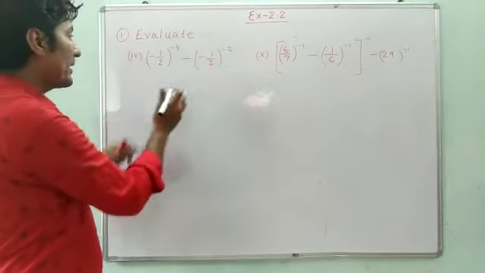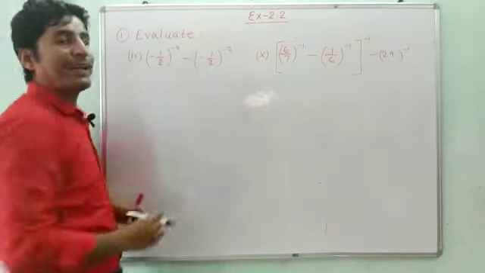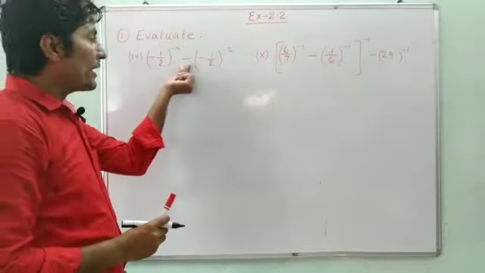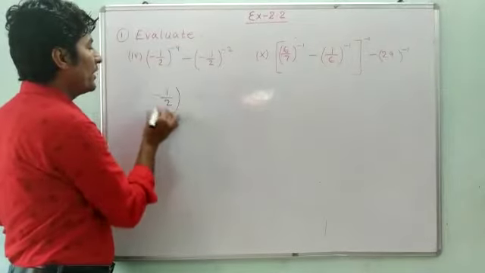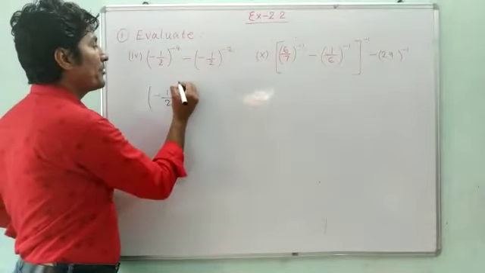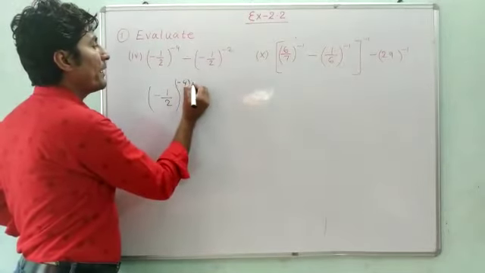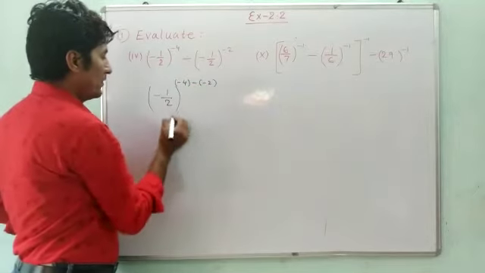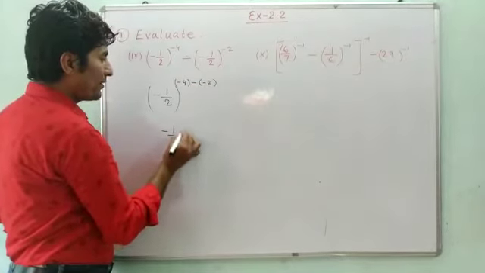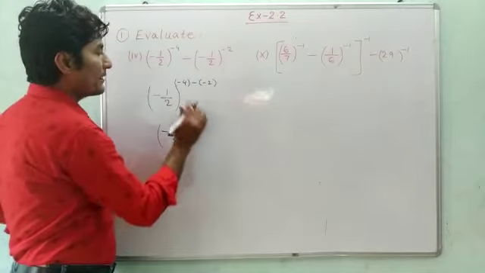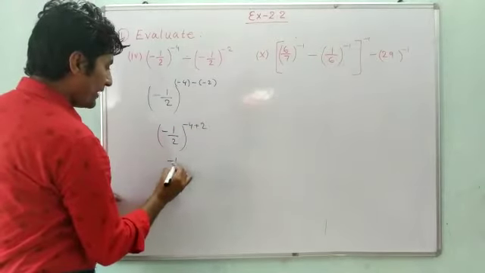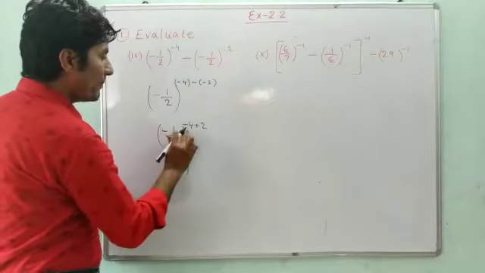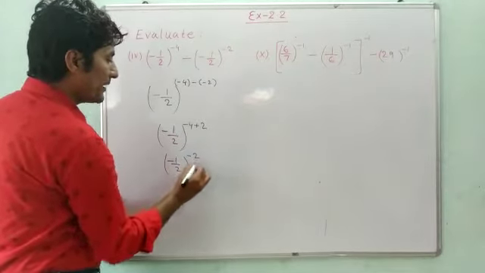Since bases are same, we have to subtract the exponents, because here we are having the sign of division. So we can write here -1/2, and we have to subtract the exponent, means -4 minus 2. -1/2 will be as it is, no change. -4 will be as it is, minus will be plus 2, and here we can write (-1/2) to the power -4 plus 2, which equals -2.